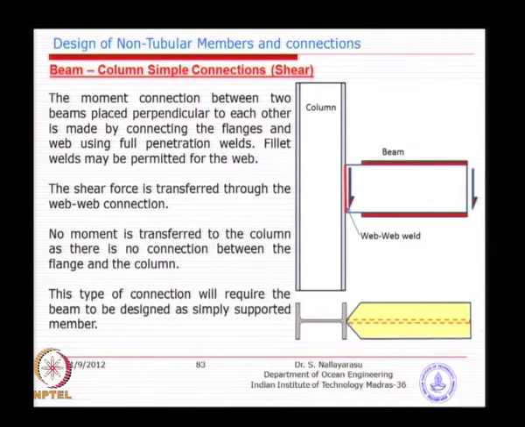In this case, the design of this beam has to take into account the corresponding boundary condition, which is basically a simply supported condition, and that means this beam will become slightly bigger. Instead of WL square by 12, you will take WL square by 8, because it is supposed to be a boundary condition corresponding to simply supported. That is the price that you are paying, but then you do not need to really stiffen anything here, because there is no bending transferred as a coupled reaction. That is alternatively easier for fabrication. Many times people prefer this, but of course, there is a price to be paid.